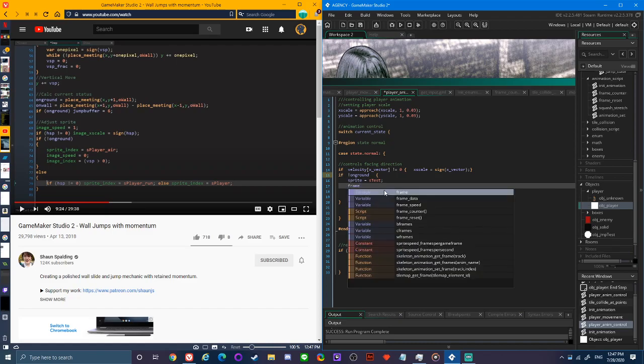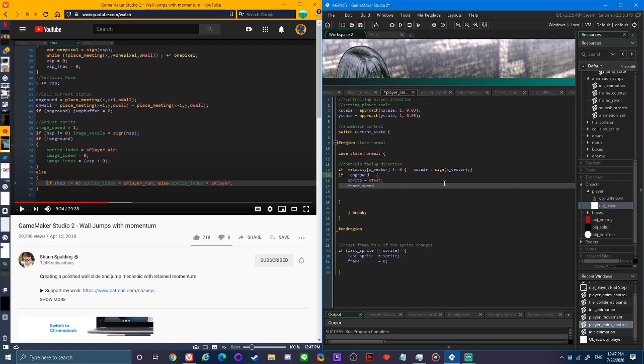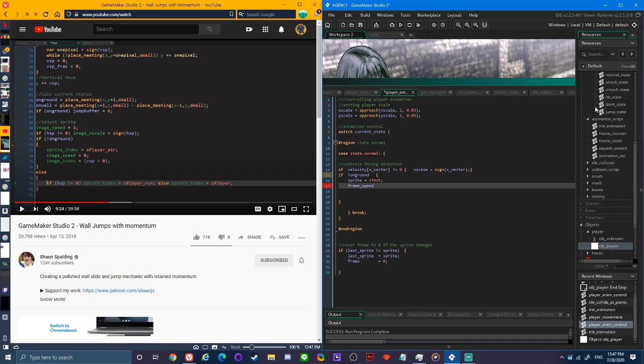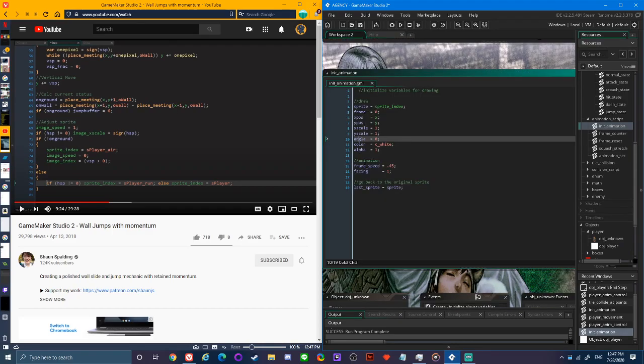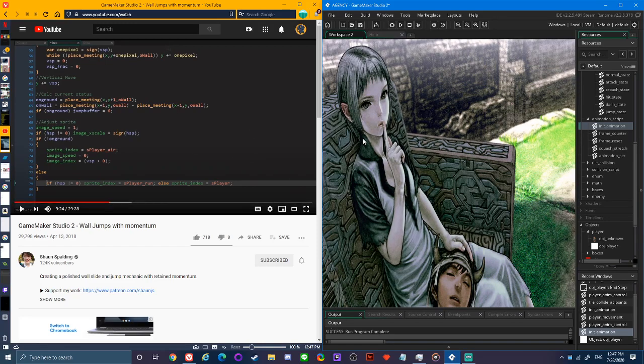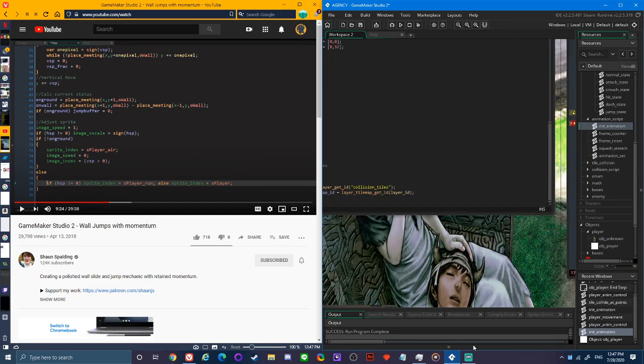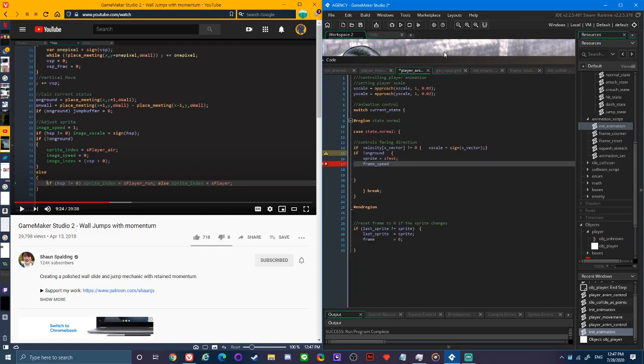Frame speed. I think it's frame speed, right? I keep on checking to make sure. Yes, animation frame. Frame speed is an actual value that increases over time. So I'm gonna just swap it to